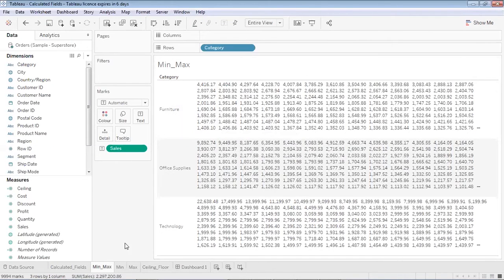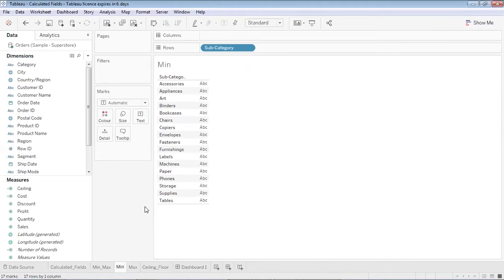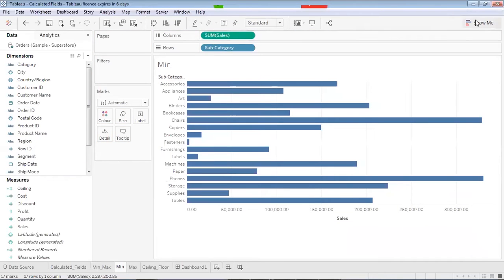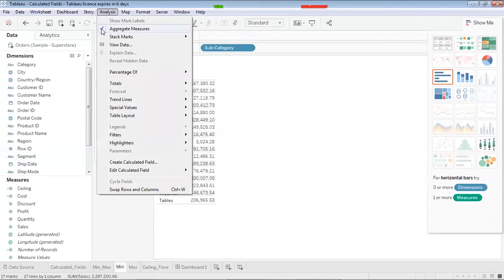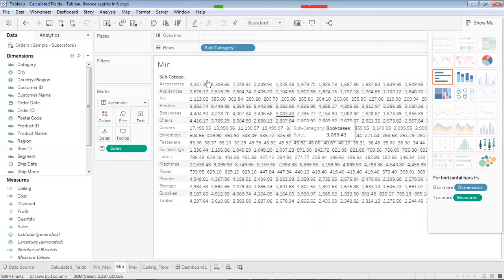So for that, first of all, I'll go to a new sheet, and over here I have this subcategory. So I've basically placed subcategory from dimension to over here. Then I would be placing the sales over here as is. Okay, I've placed the sales. Okay, now I would like to have it in the table, so I'm doing that as well. Okay, this is the aggregate value. If I remove this, I get the each day sales for each subcategory.